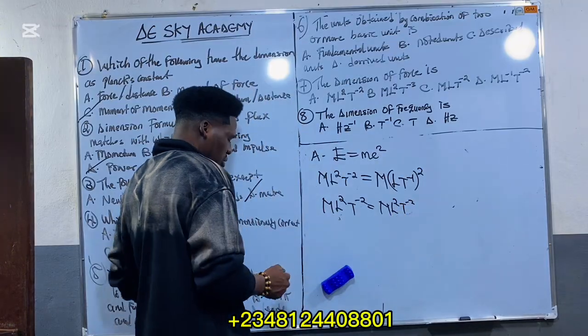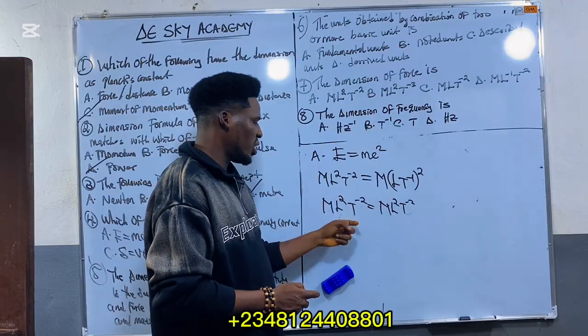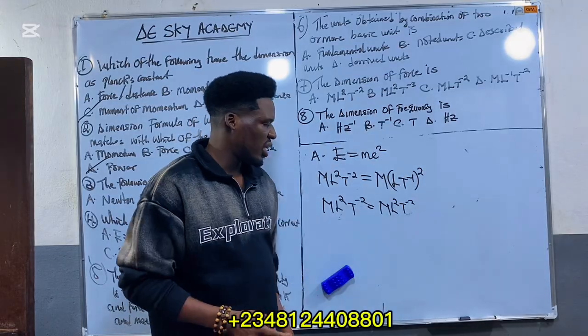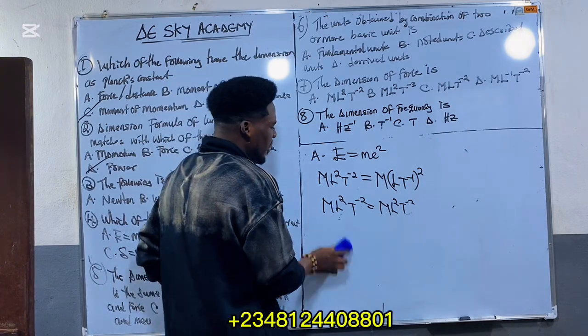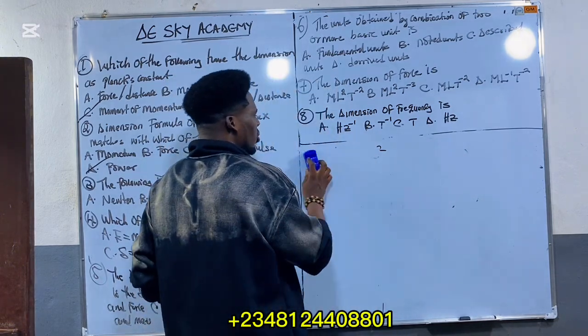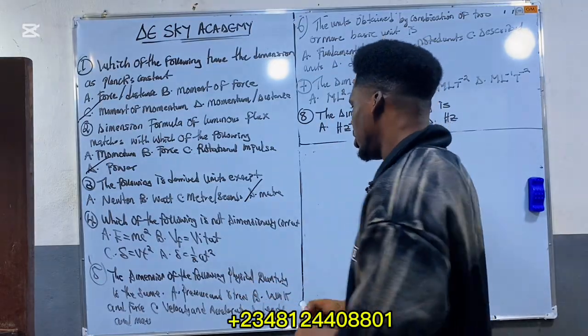So looking at my left hand side, what is the dimension of energy? mL²T⁻². Looking at my right hand side, I have mL²T⁻². Are they the same? Yes. So this one is dimensionally correct. But we are asked to look for the one that is not dimensionally correct. B is